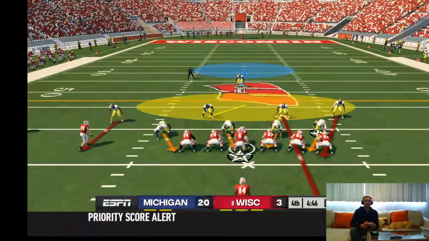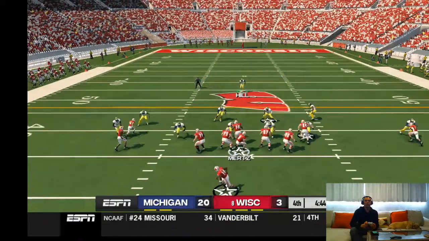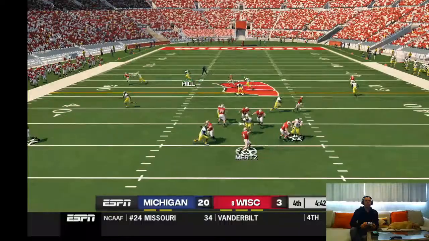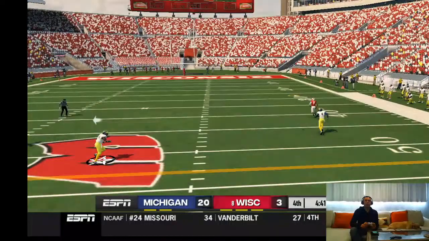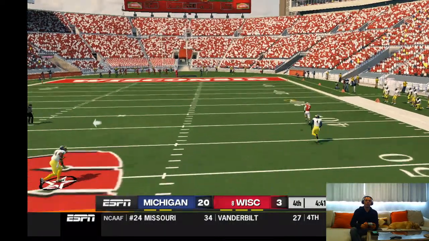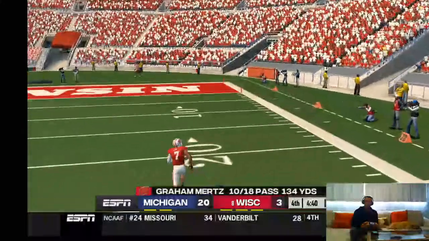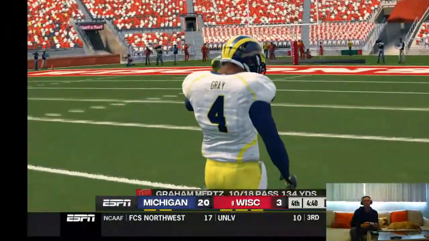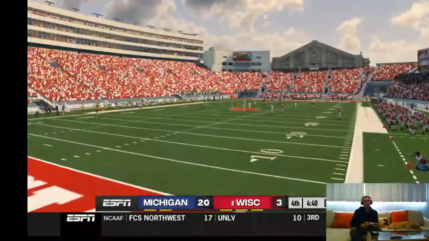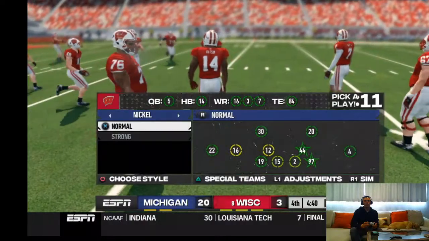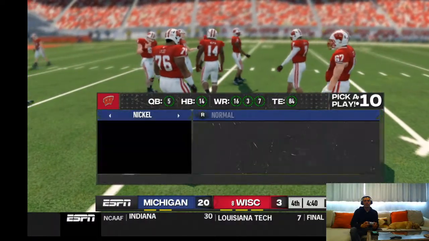Will we be ranked after this game? I would think so. Ooh, he's open. Oh, geez, everyone's open. Luckily, you overthrew it. Everyone's wide open on that play. Doesn't get there. On those deep routes, as a quarterback, you've really got to get it out there and at least give your guy a chance to go up and fight for it.